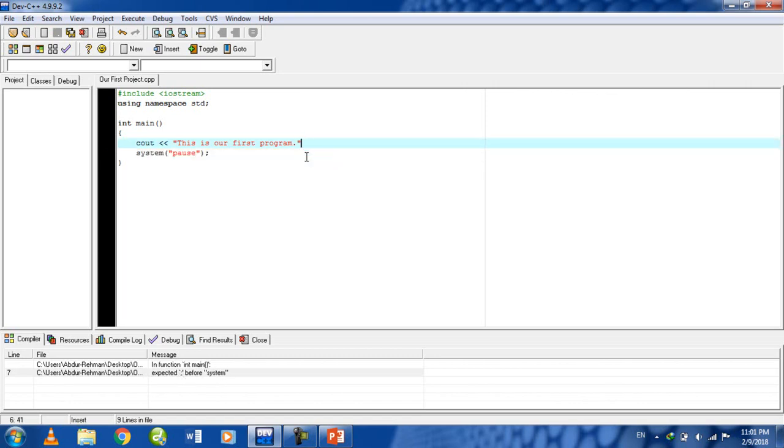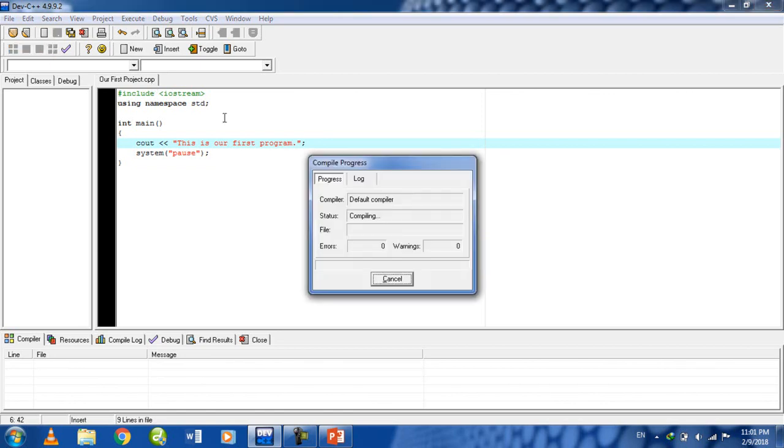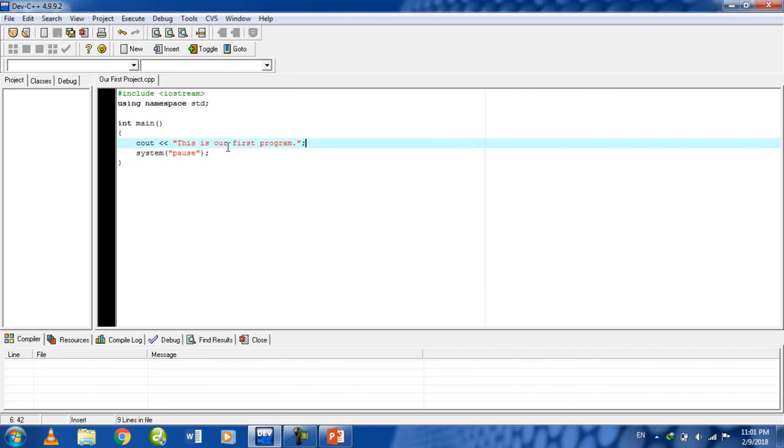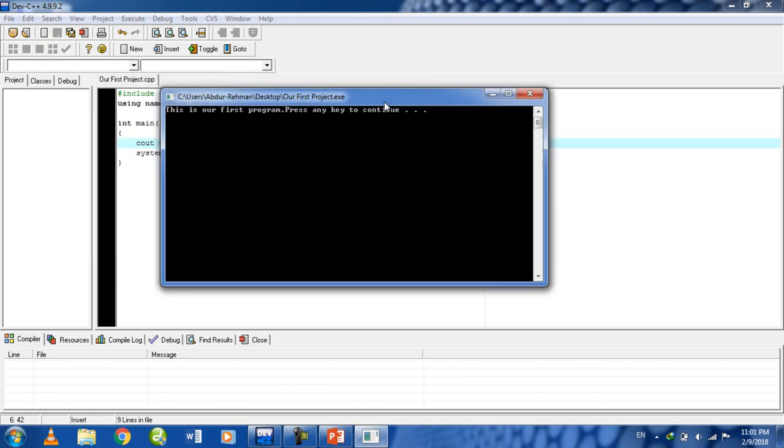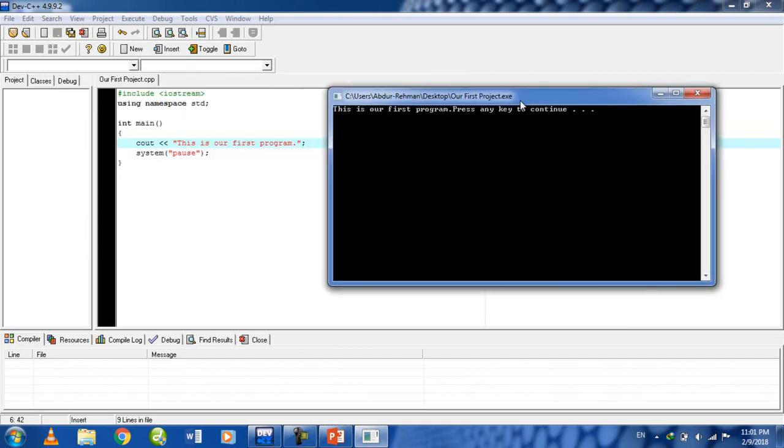It is giving me the error: expected semicolon before system. I have told you that semicolons are most important to be there at the end of the line. Now if I save it and compile it, it prints on the screen: This is our first program. And then full stop, and then press any key to continue. To shift this press any key to continue to the next line,